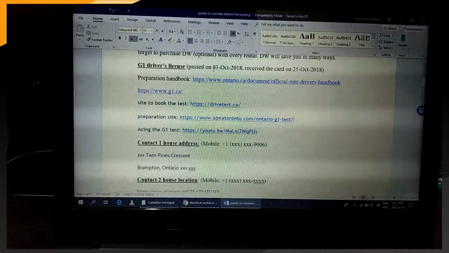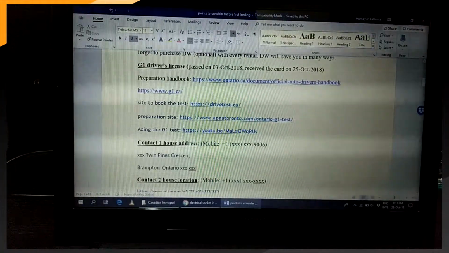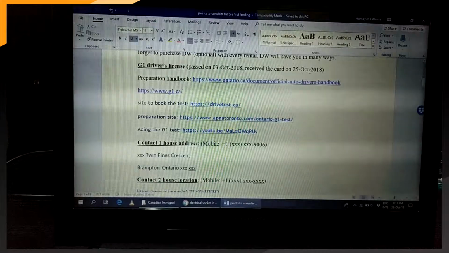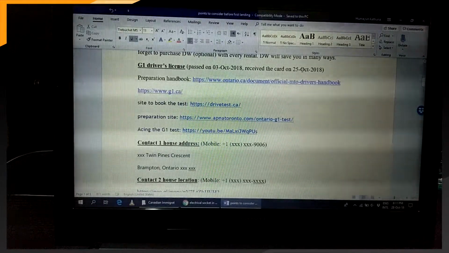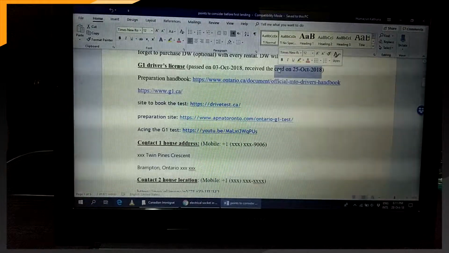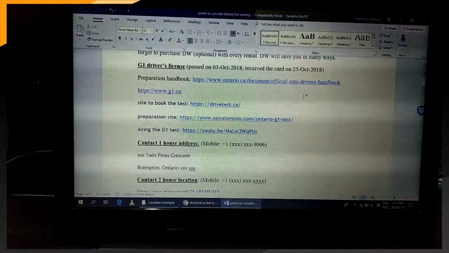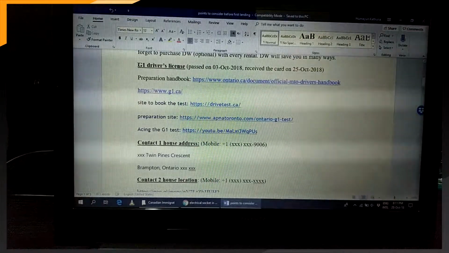By the way, I sat for the test on 3rd October and I passed on the same day, and I received my card on 25th October, and this is quite quick. So by the way, the preparation handbook for the driver's test, which is a first level test G1,